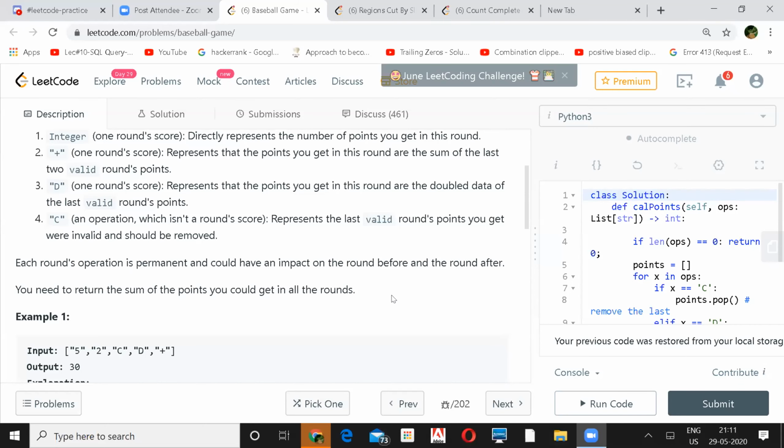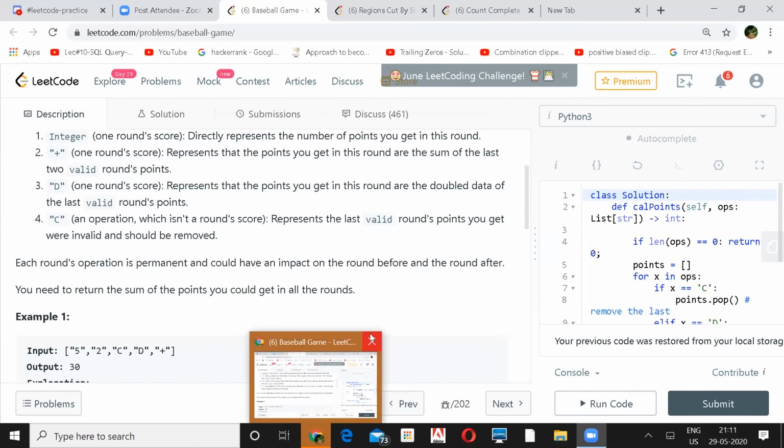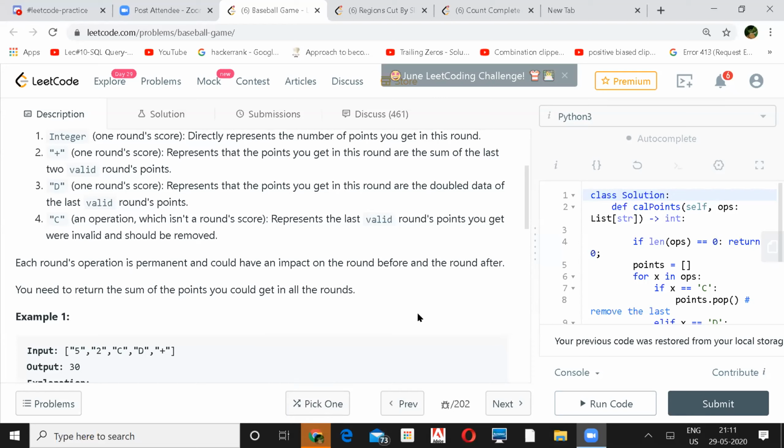Maybe first I will tell you about my approach. In this case it can be an integer, C, D, or whatever is mentioned, and it depends on the previous points also, right? For the present round we have to add according to whatever it said, like the sum of the last 2 valid points.